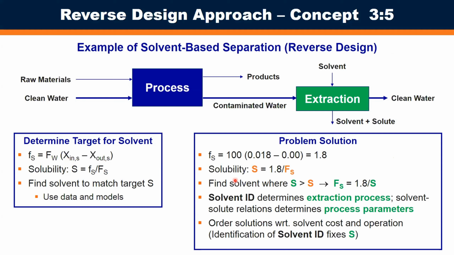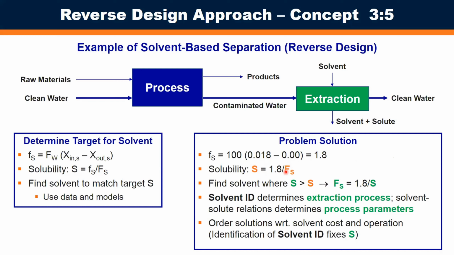So for an example here, we have a flow rate of 100 of the water, and we go from 1.8% pollutant down to 0. We can calculate how much pollutant needs to be removed, and we can specify that for an orange solvent, let's say, the solubility has to be 1.8 divided by the flow rate of the solvent. And then what we're looking for is really, are there any solvents that give us a better performance than this? And for that solvent, now we're using a green font for this, we can calculate what the flow rate